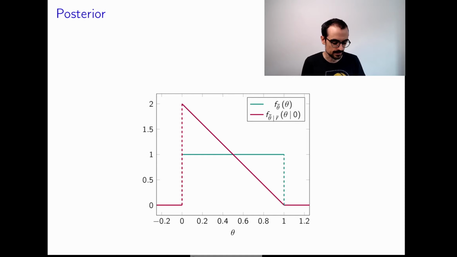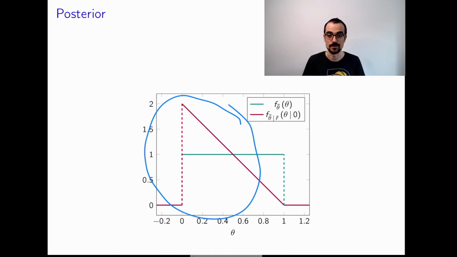Now we think that theta is probably more towards 0. This is only a single data point, so there's still a lot of uncertainty, right? Otherwise, this would be super peaked, but it's not at all. So there's plenty of uncertainty, but the Bayesian model tells us, yeah, we saw tails, let's shift the distribution